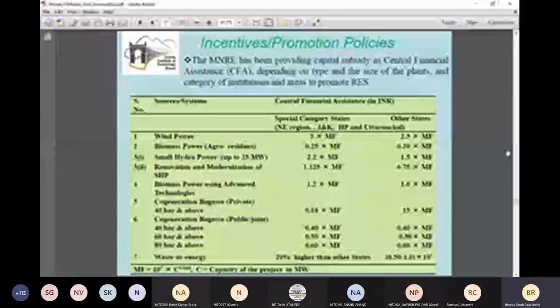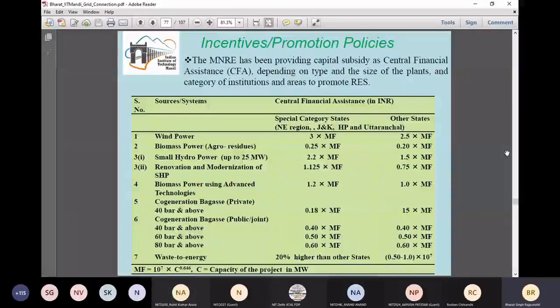So this slide is showing this data, which is a bit old, but it is giving us information that there are certain ways of providing subsidy and assistance to the different types of renewable energy sources that were being practiced in India, and based on such subsidy, good installation has been carried out in a couple of decades in India, especially in the area of wind, and it is continuously helping the promotion of the renewable energy sources.